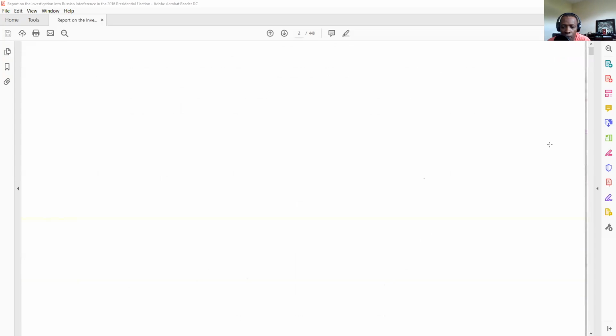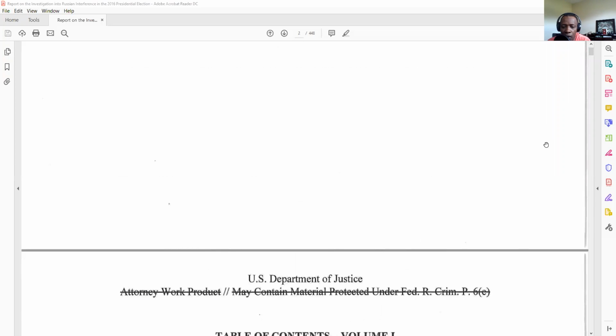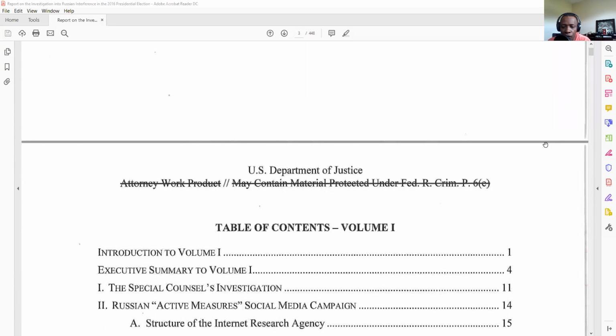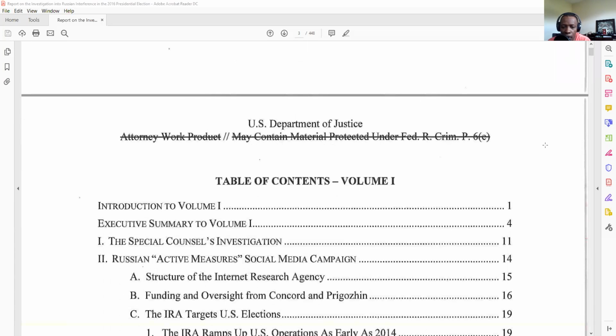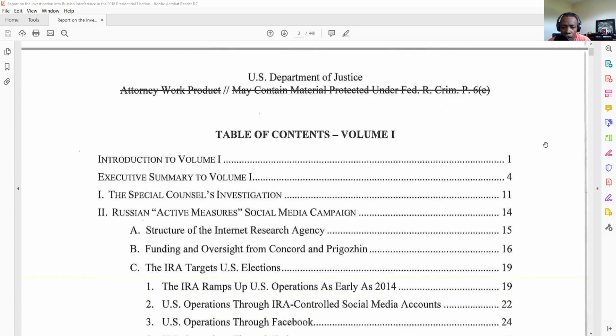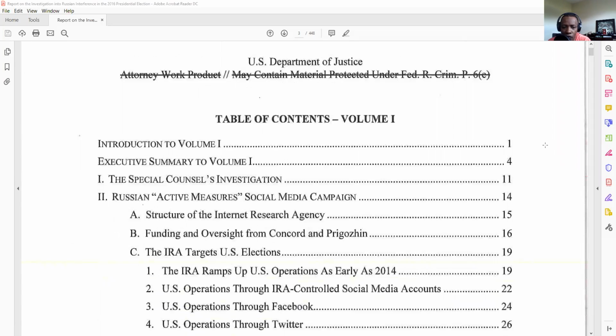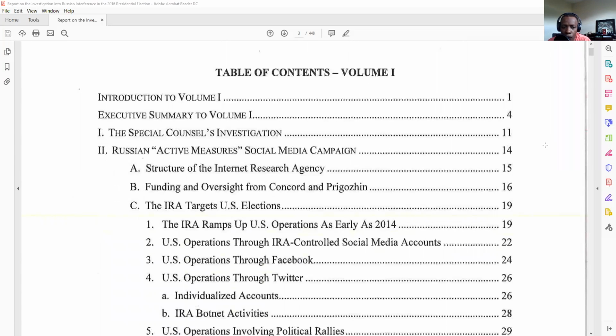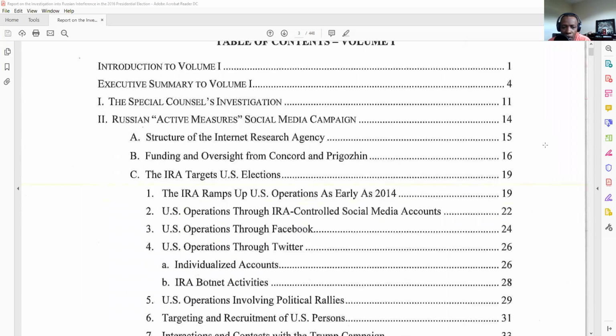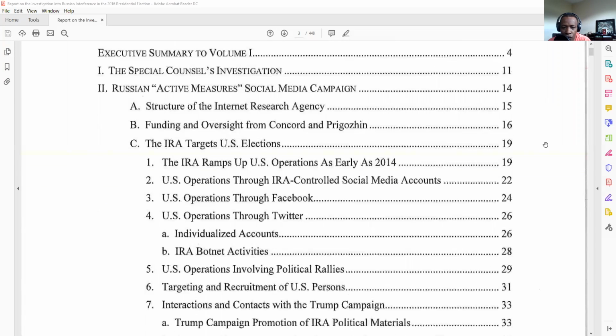So what we're going to talk about in this report as we go through the audiobook is basically the table of contents. The volume 1 table of contents includes the introduction to volume 1, the executive summary to volume 1, the Special Counsel's investigation, Russian active measures social media campaign, structure of the Internet Research Agency, funding and oversight from Concord and